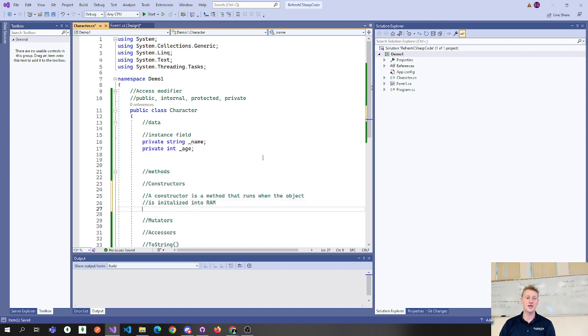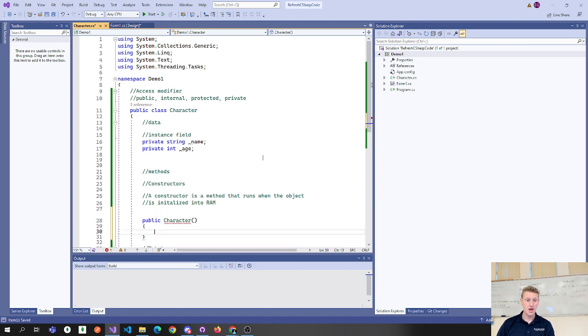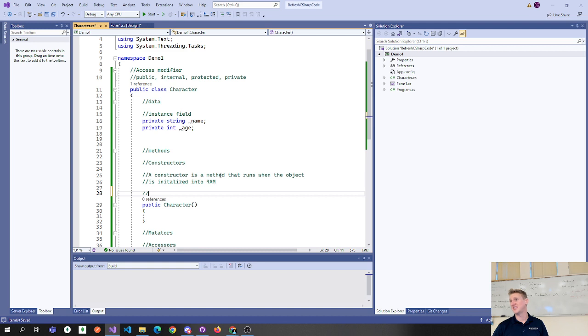And a constructor has the same name as the class. It does not have a return data type. So we'll say public character. Okay? And this is a constructor. This constructor you get for free. You don't have to code this necessarily. This is called the default constructor. Okay, the default constructor, I say you get for free